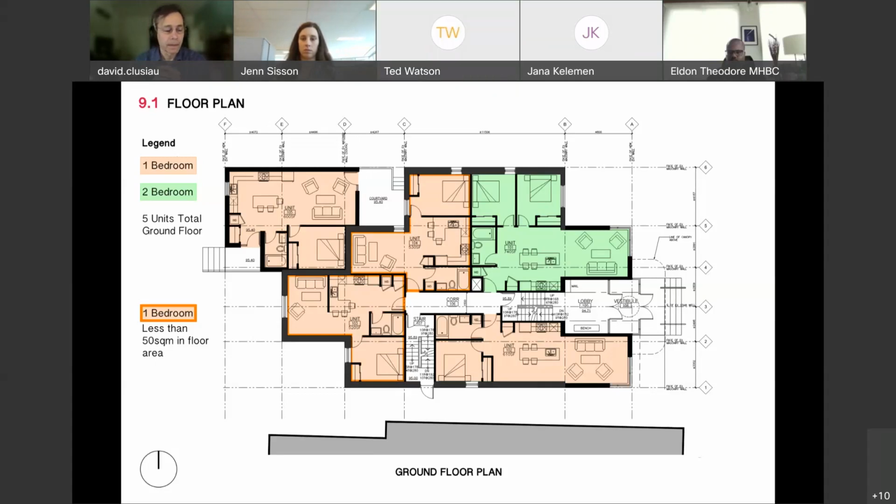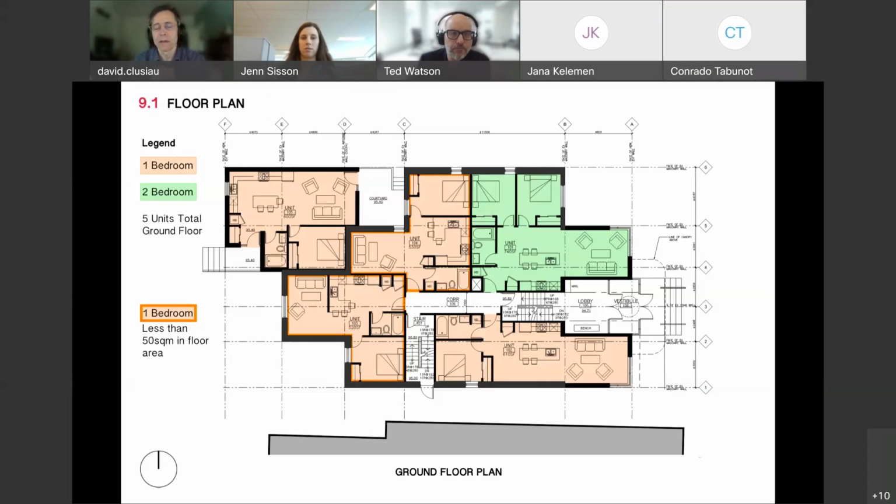I'm not fully convinced on, Ted came down pretty hard there against the EIFS, and it certainly has a bad reputation up until recently, but the industry has made improvements. So I'm not sure it's totally inappropriate, and actually from an energy point of view, bringing the insulation to the outside of the structure is inherently sound, but the ideal solution would be to retain or reinstall the brick vernacular that's throughout the community.